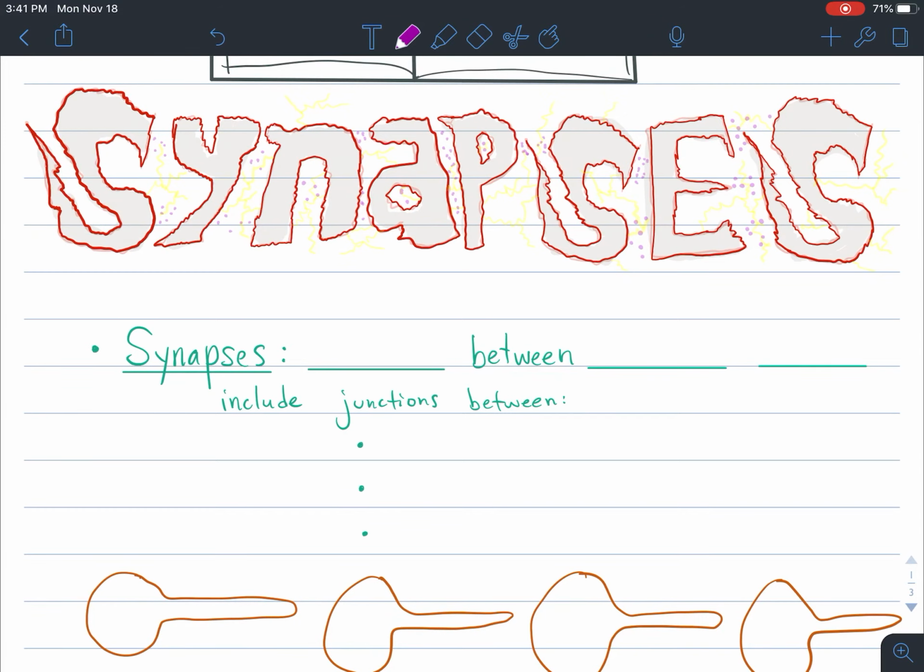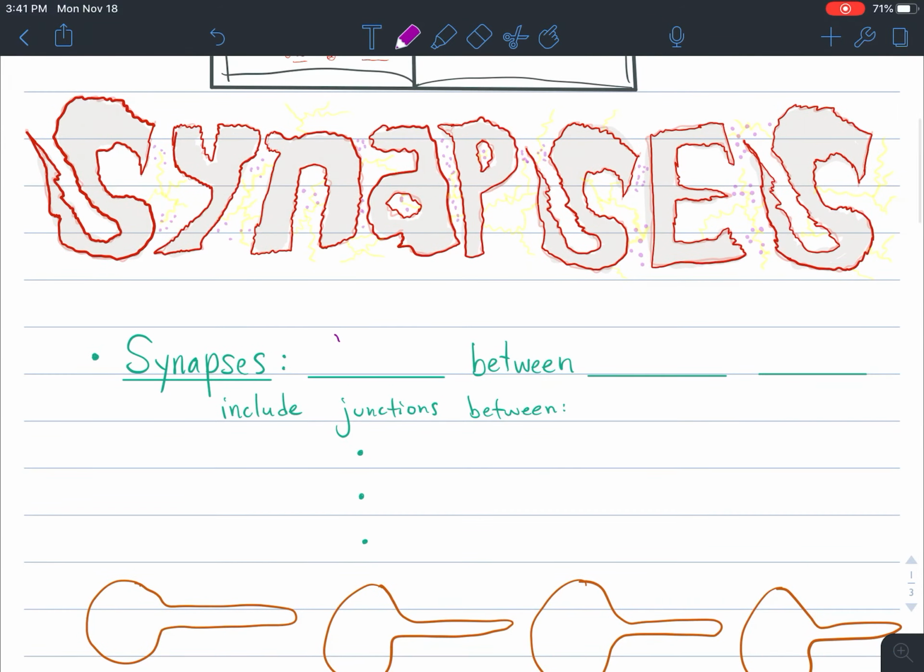A synapse, or synapses, are simply the gaps that are between neuron cells. If you have several cells that make up our brain or our nervous system, they have to be able to communicate with each other so that if you put your hand over a fire, your brain can tell your hand to move because it senses that it is hot there. In order for these cells to communicate and not just be one big cell, there are these synapses, which are the gaps between neuron cells, and they send chemicals between synapses in order to